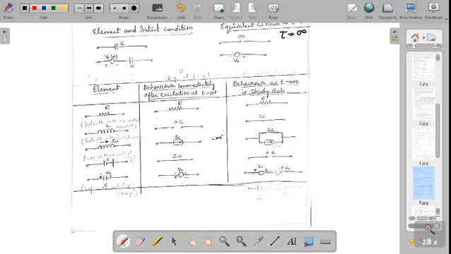And the capacitor behaves as a short circuit at t is equal to 0 plus and as an open circuit at t is equal to infinity. If the capacitor is carrying some voltage in the past history, it behaves as a voltage source, and as a voltage source plus open circuit at t is equal to infinity. So with this, the basic fundamentals will be